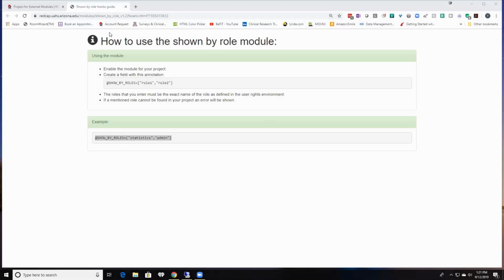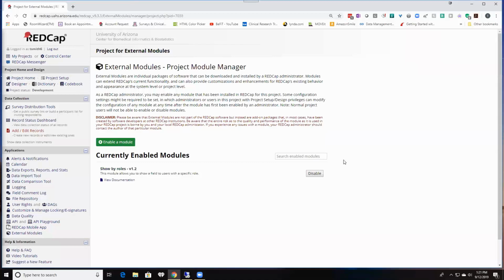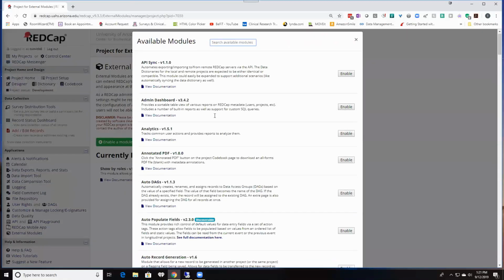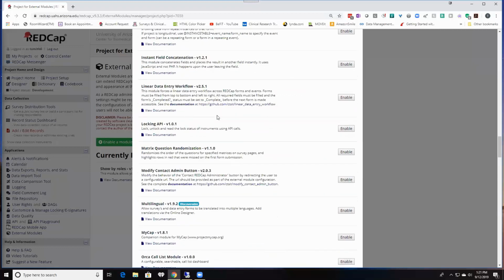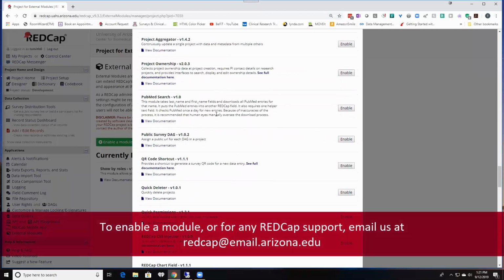Now, there's another one I'm going to show you called the QR code shortcut. So I'm going to come here, enable this module. This I had a little tougher time